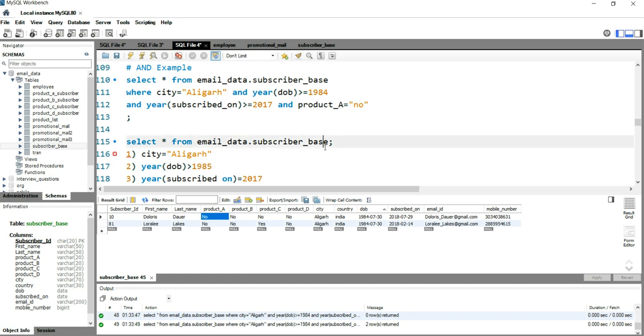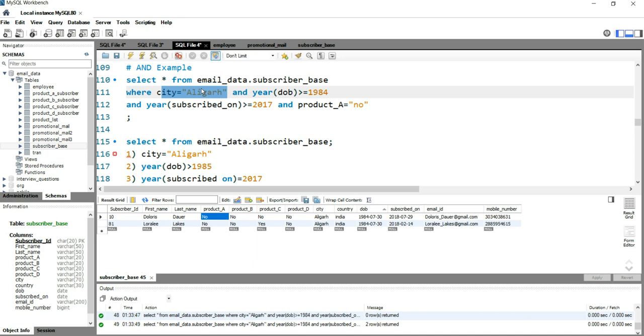Great. So what SQL does in this query is that first it takes the entire data set from this table, then it filters out the city Aligarh and ignores the other data which doesn't have the city as Aligarh.